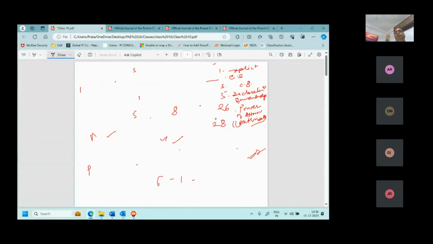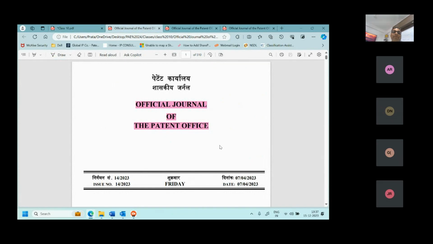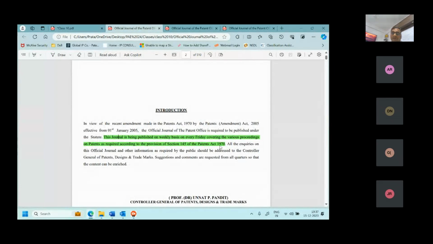What is necessary for publication is that you have to file the request for publication. That is not necessary; you can sit quietly and it will get published. But if you want an early publication, you can go for a request for publication and it will be published in the official journal of the patent office.